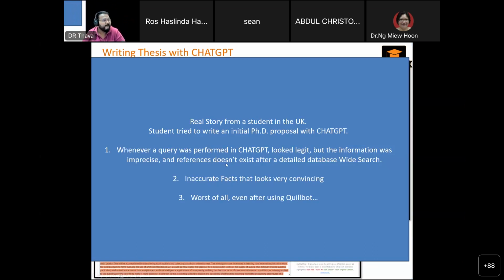Okay, now the next thing, the hottest thing, comes in. Writing a thesis with ChatGPT. Also writing a journal. Very fun. Okay. So a lot of people are selling on this because they're selling the software. A lot of people are pushing on this because they want people to buy the software that they're selling.